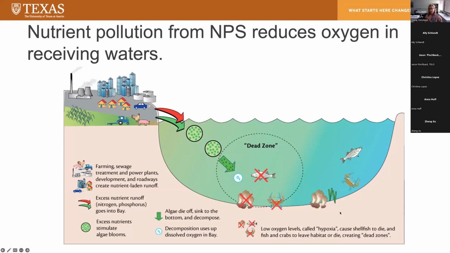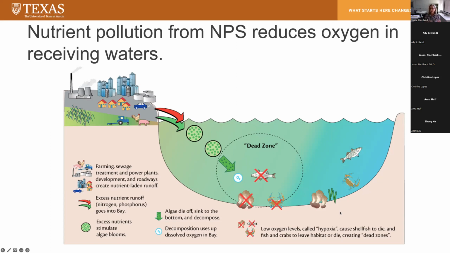And what happens is you have this nutrient over-enrichment, a flush of these additional nutrients. Not surprisingly, nutrients is the right name for them. They cause plant growth. And so algae grow excessively in these waters that are affected by nutrient over-enrichment. And then those algae, as they die, sink to the bottom, decompose, and use up oxygen in those waters. So one of the primary problems and reasons that these waters become impaired for certain uses is that loss of oxygen creates conditions in which either some or all aquatic life can't be sustained,